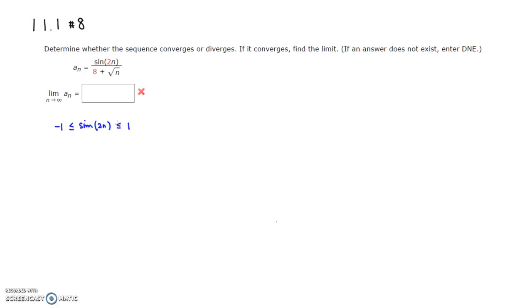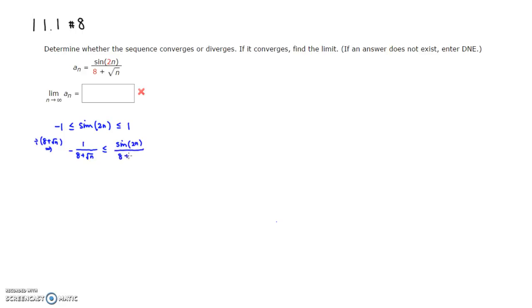And then if you divide through by 8 plus square root of n, then we get -1 over 8 plus square root of n, and this is less than sine of 2n divided by